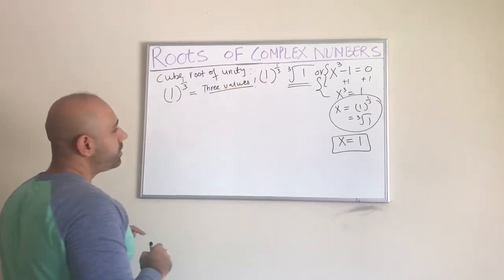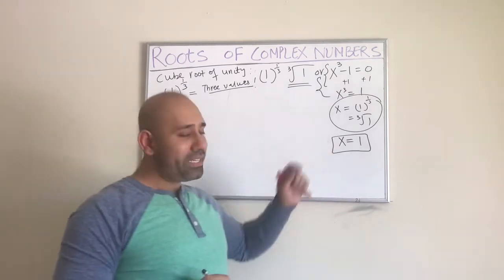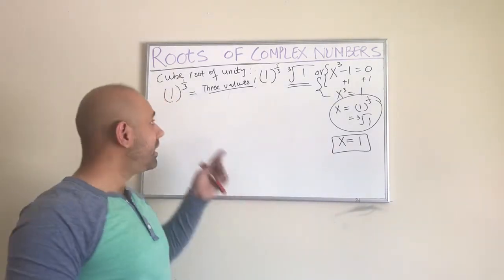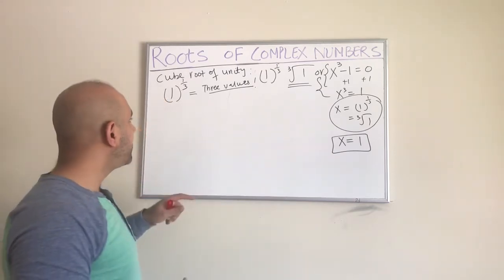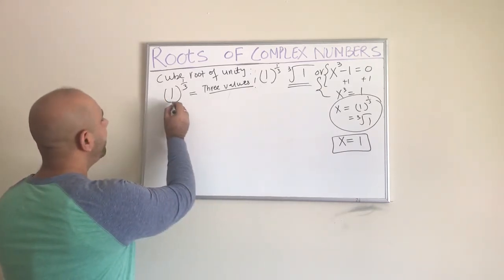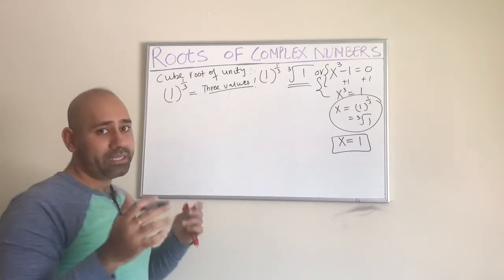Right, we'll have 3 values. We already know one of them, right? But we have to find the other 2. But the process that we're going to use here is going to give us all 3. So the first thing we're going to do is try and rewrite this 1 inside the parentheses